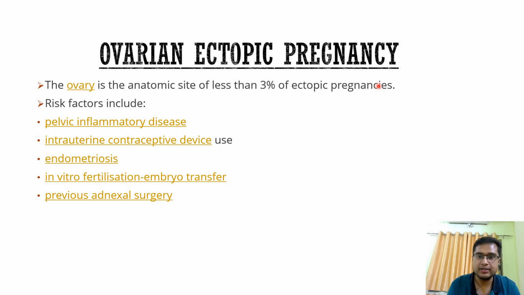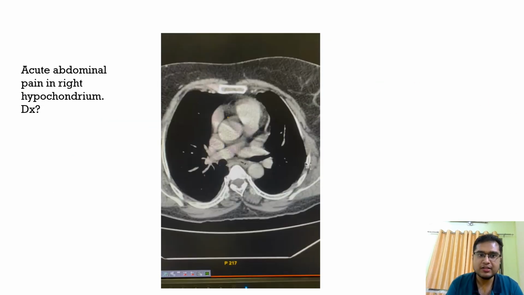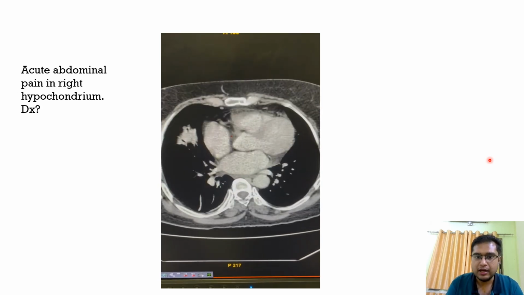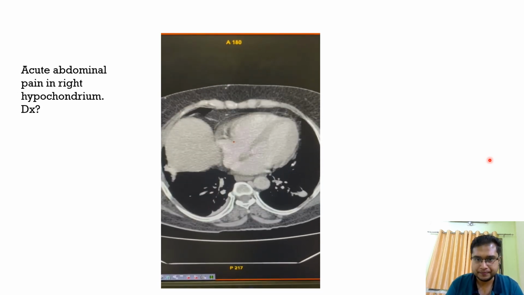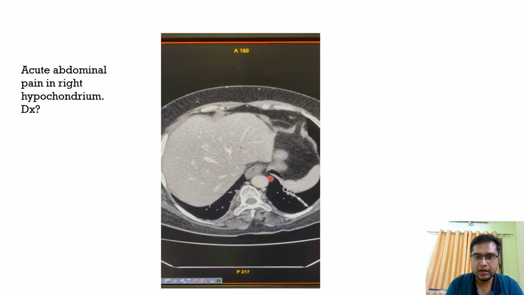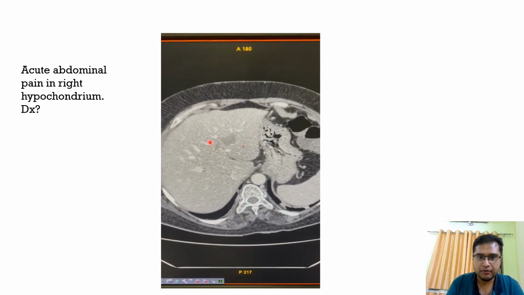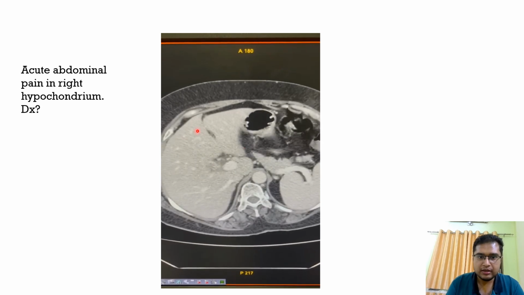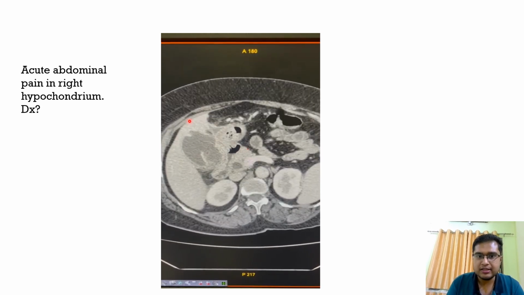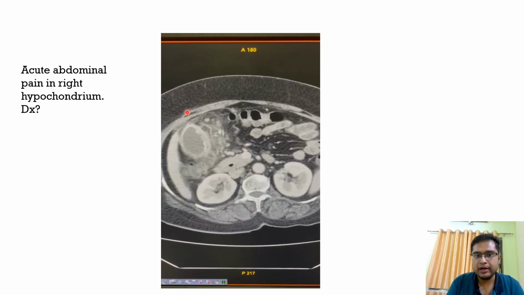Now coming to my next case, again this patient presented with acute abdominal pain in the right hypochondrium, and this is the post-contrast CT axial section of this particular patient. So what we can see here, as we are scrolling down, is the gallbladder. We can see some calculi within the gallbladder, hyperdense calculi, and there is perforation of the wall of the gallbladder along with